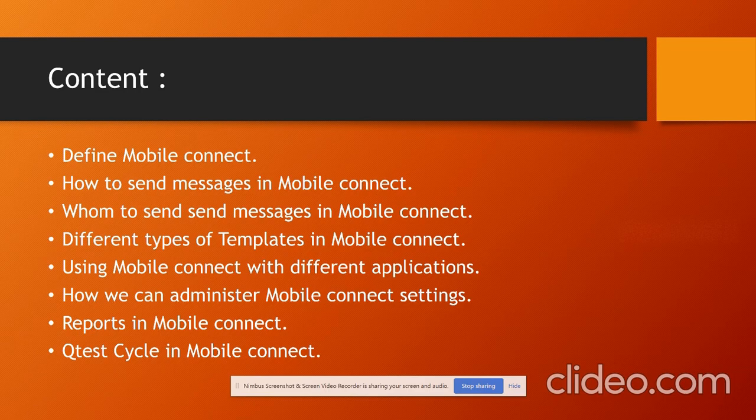Via Mobile Connect, we can send alerts also, and transactional messages also, to the subscribers using different templates that are provided in the Mobile Connect application. We also have a drag and drop interface in Mobile Connect to create different types of sending sources like lists, and furthermore options. It also features automatically responding to incoming messages, managing keywords and other tasks. So we will be showing you in the application how Mobile Connect works.